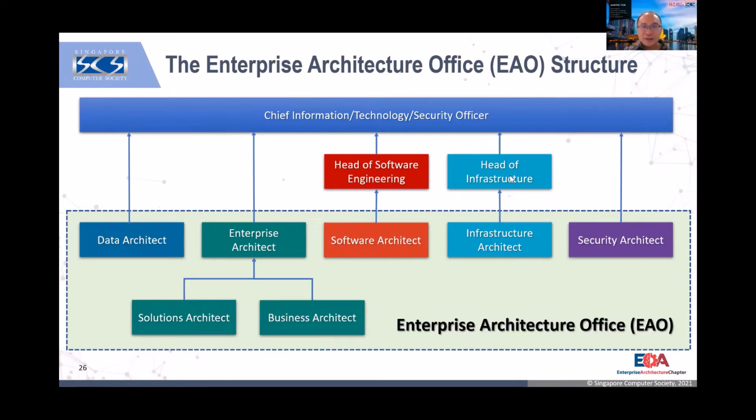Because architecture still needs to be one. You cannot split the architecture into multiple independent teams. It's still one team, the enterprise architecture office team. Of course, they report to the head of infrastructure or head of software engineering, like a chief architect. You can call it chief architect, director, or vice president, depending on the organization. Basically, it reports to the senior management level that oversees the whole architecture development.